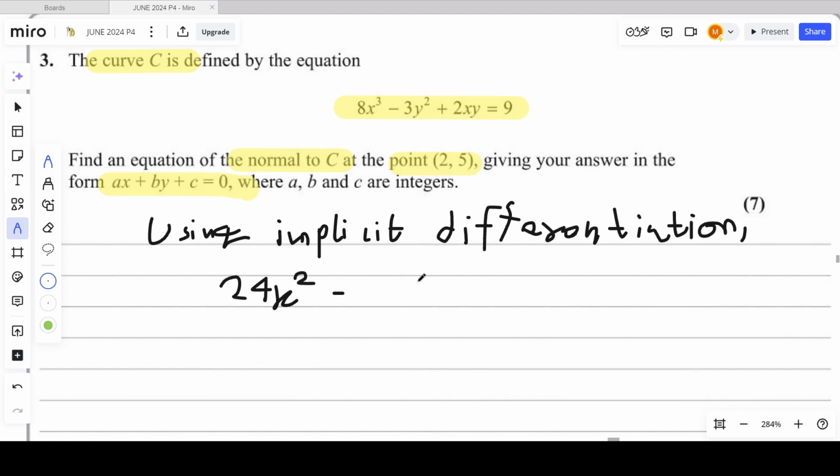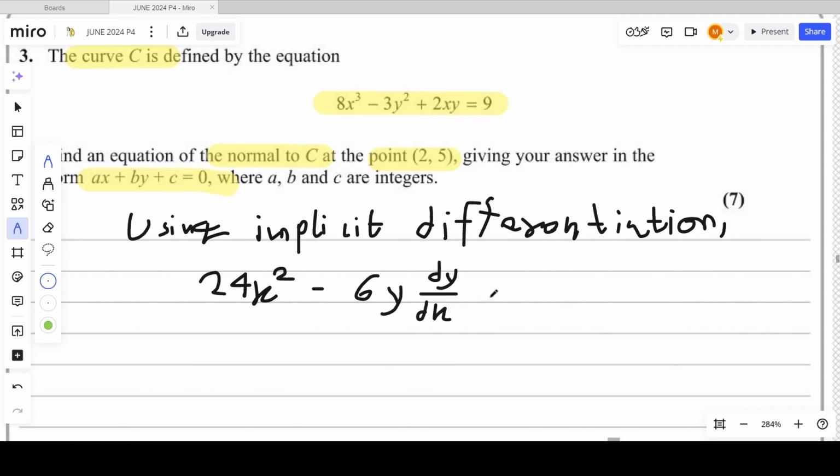The power is 2, so 2 times 3, negative 6, and we subtract 1 from the power, so 6y. But the extra thing we need to do is multiply by dy over dx. This is implicit differentiation, right? Then plus